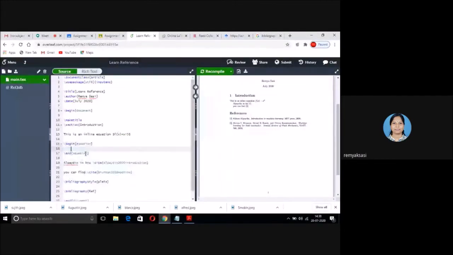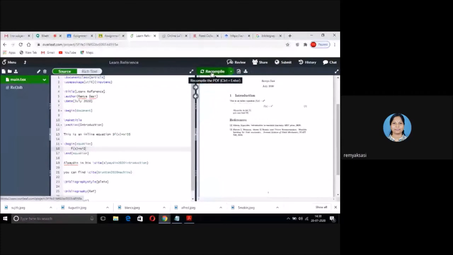Begin equation, end equation, it is coming. I am giving the same equation, f of x equal to x caret 2. Just run the code. See, f of x equal to x square, and the equation number 1 is also coming.